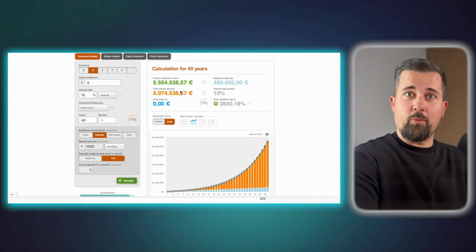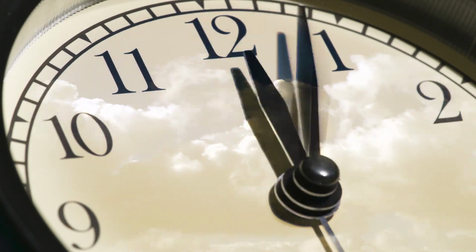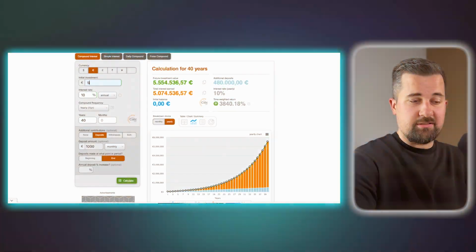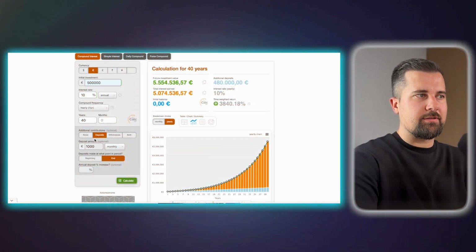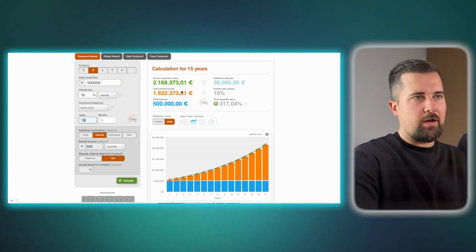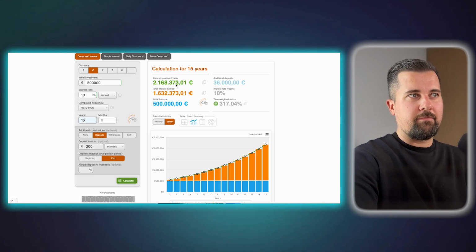Now, some of you think, oh, now we're talking. So, the idea is quite simple. If you do have small sums, you have to go for a long period of time. If you have a short period of time, you have to go for significantly higher sums. And some of you are in a position where you don't necessarily have a lot of time, but you do have a quite massive initial investment. Let's take, I don't know, 500,000 as an example, and let's say we invest 200 euros a month, but we only have 15 years. Now, you can see that it's quite a significant jump straight away,